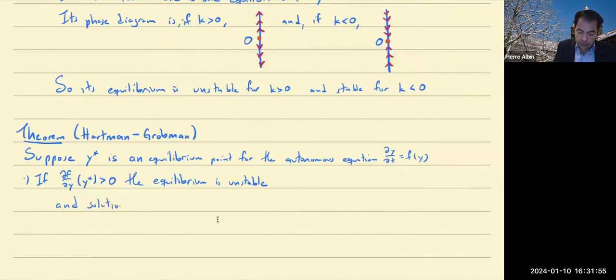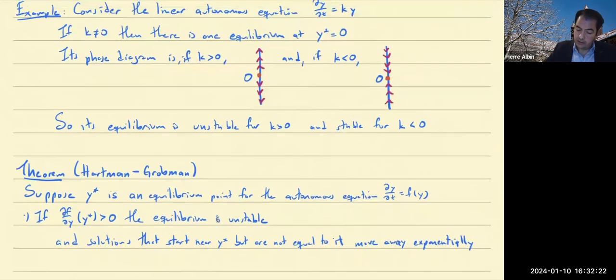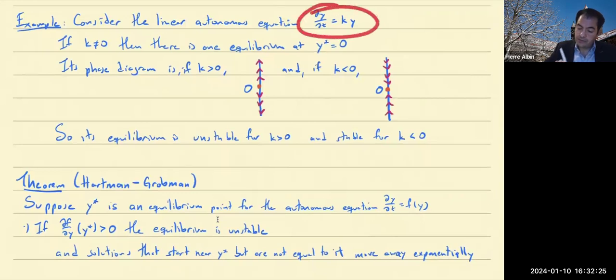And what's more, you really can approximate it with the linear equation pretty well, in that solutions that start near y star, are not equal to it, move away exponentially, right? So just like in this linear equation, where we know the solutions are exponential functions,